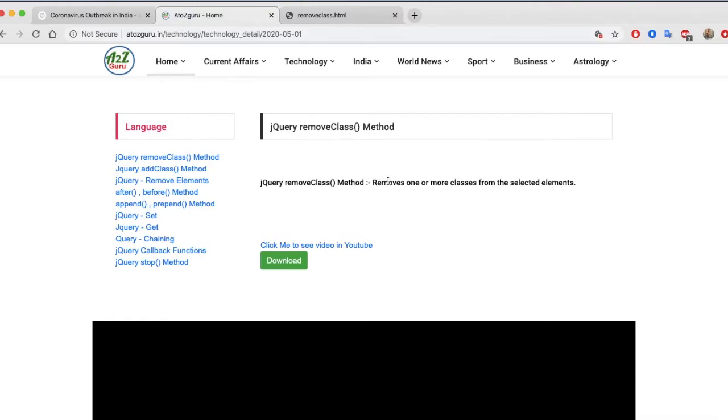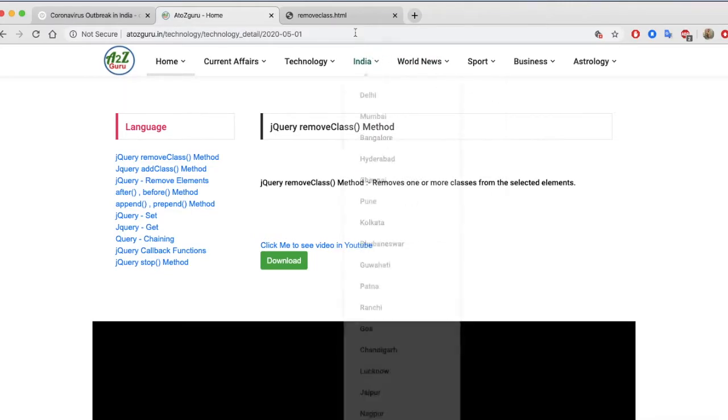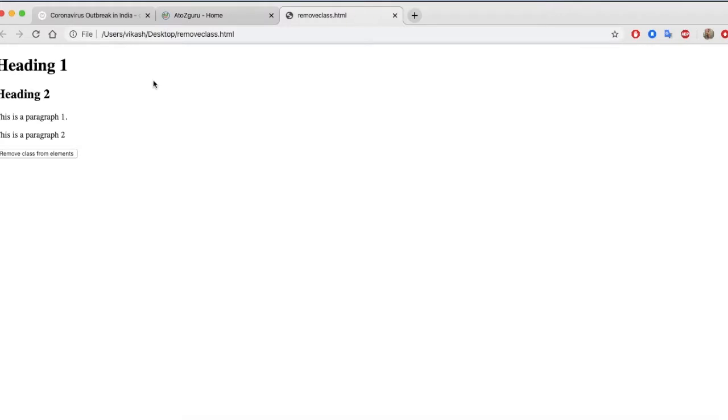So, coming to the practical session, this is a program which I made. If you see, initially the heading is red, the second heading is also red.